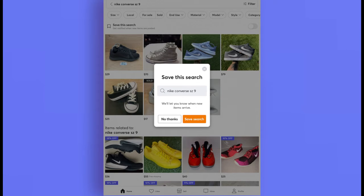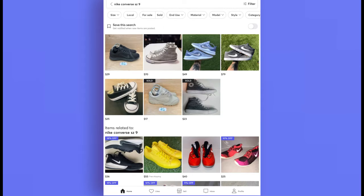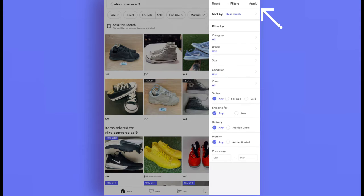Or you can even type in vintage postage stamps or even bulk crafter supplies. Search results are ordered by how relevant the items are to what you searched for. You can change the order of your search results by tapping the filter button in the upper right hand corner. The sorting options here allow you to display items in order of newest things, price, or condition,